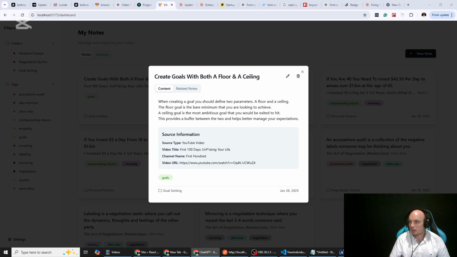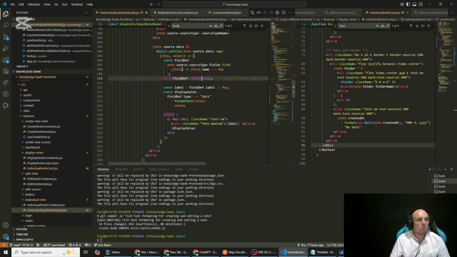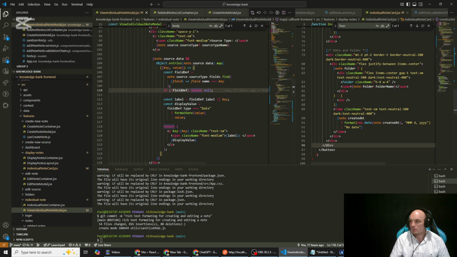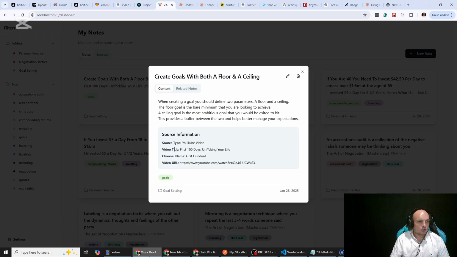So what we'll say is on the first value from the fields array, then every subsequent field can have less visual. Also,